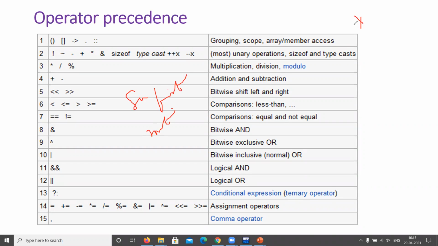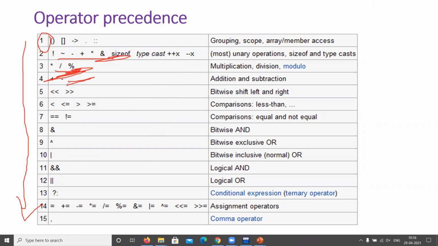For example, if you have multiplication, division, addition and subtraction, you need to first evaluate multiplication and division in the expression and then plus and minus. This is the operator precedence. It goes from top to bottom. First evaluate the brackets, then unary operators, then multiplication, then addition, shift operators, relational operators. Like this you need to move on. This is the order.